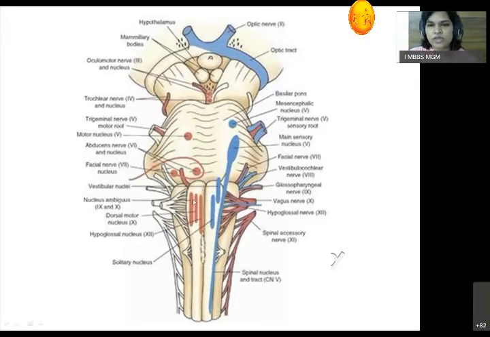Then these right and left halves are again divided by the anterolateral and posterolateral sulcus into different regions. On either side of the anterior median sulcus, there are two longitudinal elevations called pyramids. In the lower part of the pyramid, we can see some blurred margins because of the decussation of pyramidal tracts. On either side of the anterolateral sulcus, we can see again an elevation called the olive, which is because of the inferior olivary nucleus. Through the anterolateral sulcus, one nerve emerges, called the hypoglossal nerve.